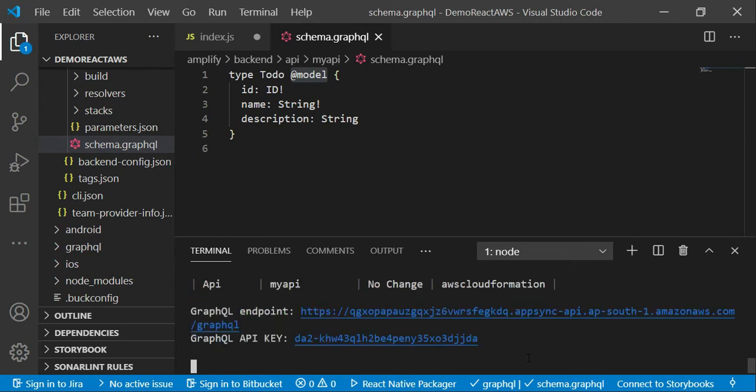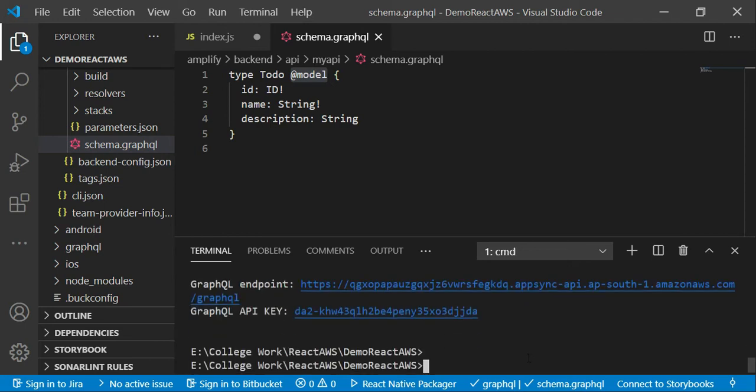At the same time, if you want to view the GraphQL API in the AppSync console at any time, then for that purpose you have to use this command: amplify console api.